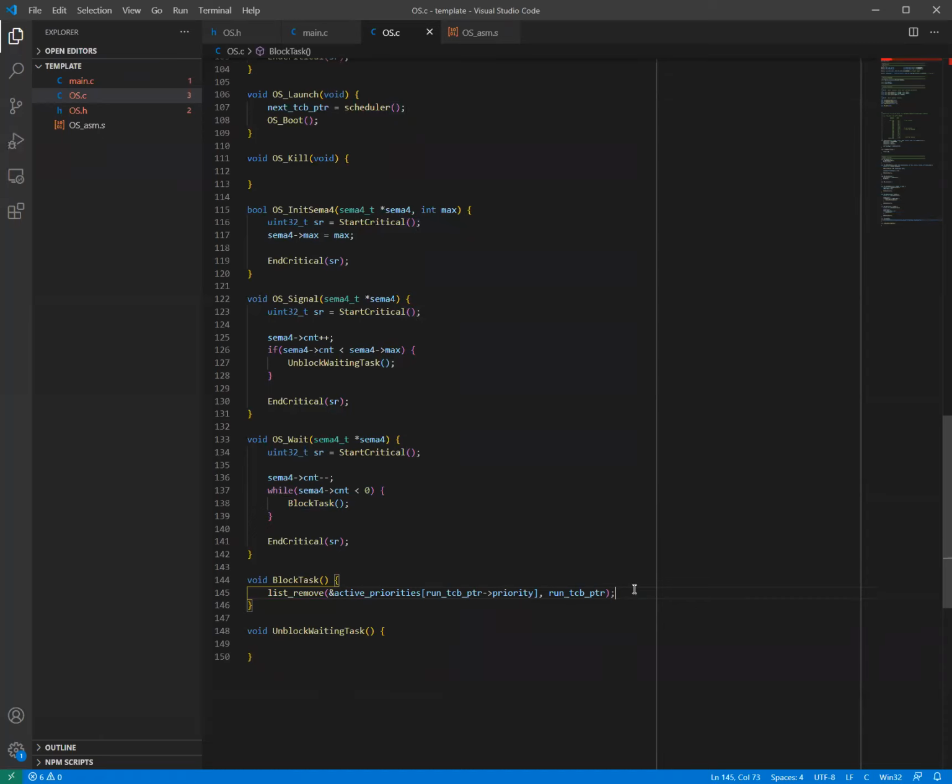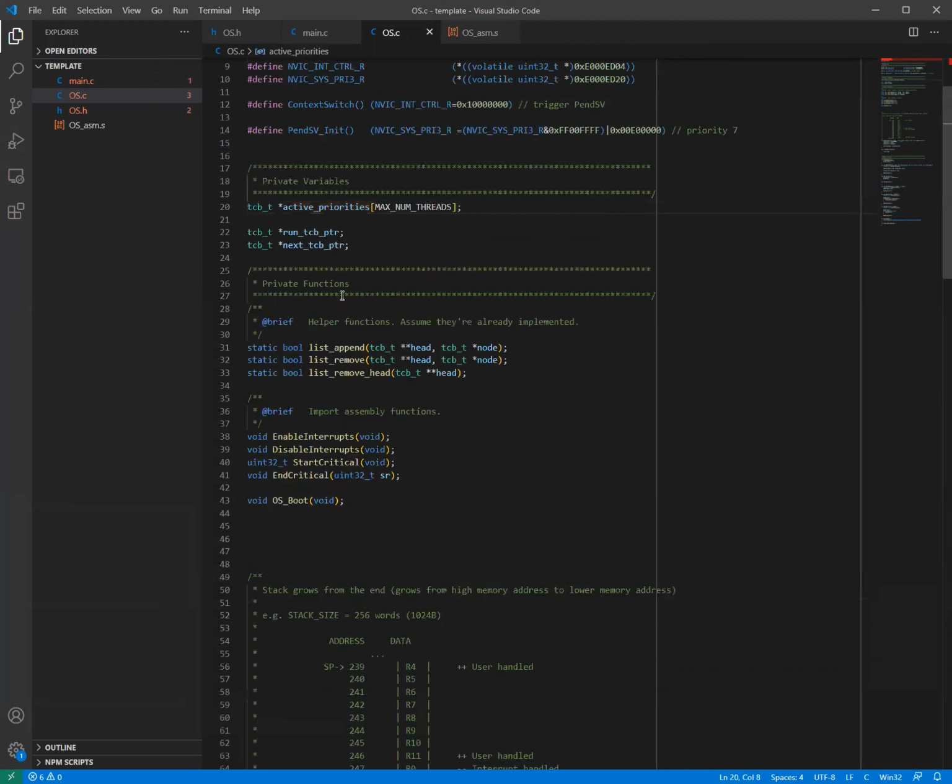If you remember from the demo last week, whenever the OS sees that this thread is unavailable, it should block and remove itself from the priority list. So block task is literally just removing the TCB from the active priority list that we have right here. So each level is a priority,